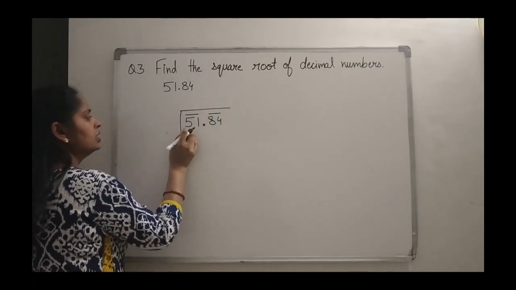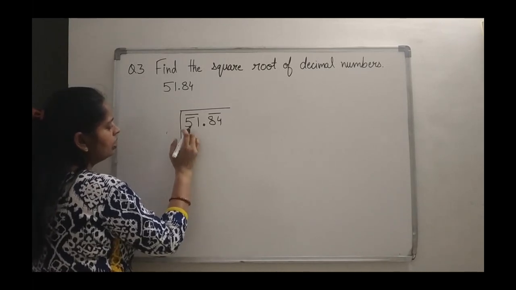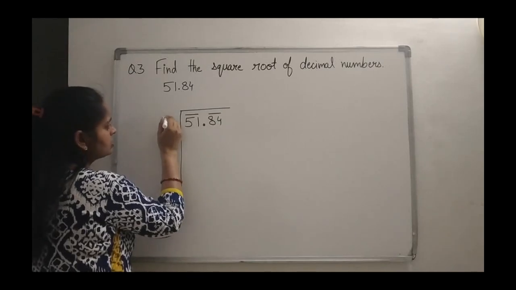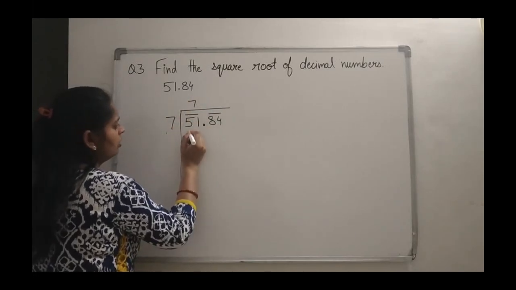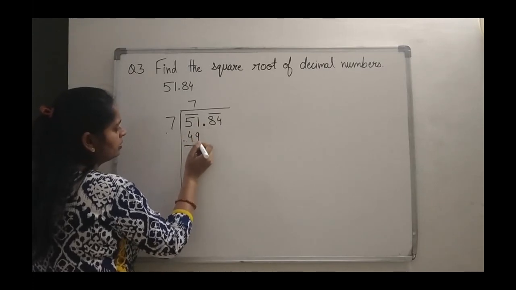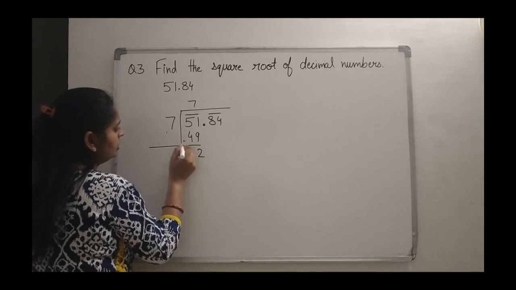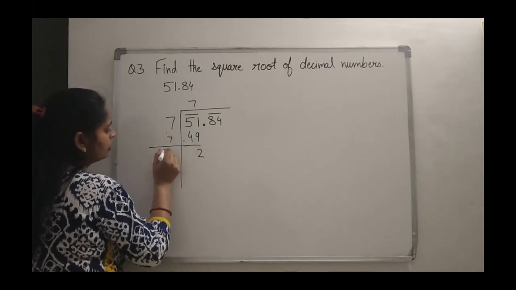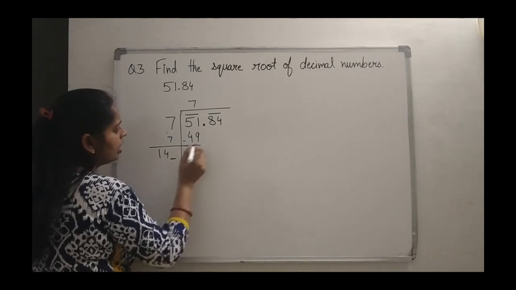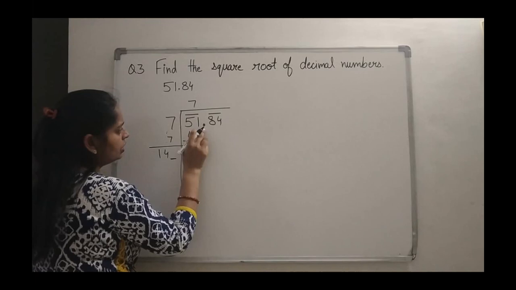Again 51 is your target. So just before 51 is not a square number. What is the square number nearby this? That is 49. That is 7 sevens will go for 49. Then again you will subtract. 11 minus 9 will go for 2 and 7 plus 7 here will give you 14, right? So now we have to do the entry for the new digit here and this pair will come down. But before this pair you can see you are having a decimal.